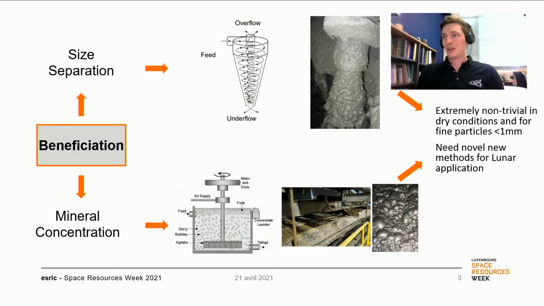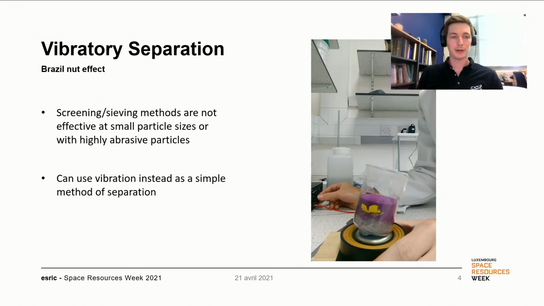So that basically means what we need are dry mineral processing or beneficiation methods, which are really non-trivial and not typically very good for fine particles less than a millimeter. For this reason, we need to develop some new, more novel methods of beneficiation for the lunar environment. So starting with size separation, one thing that we've been working on at Imperial is vibratory separation,